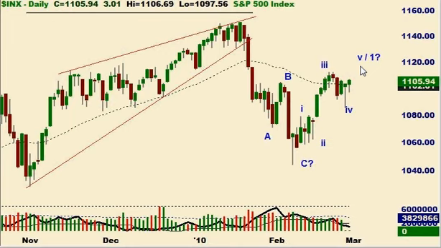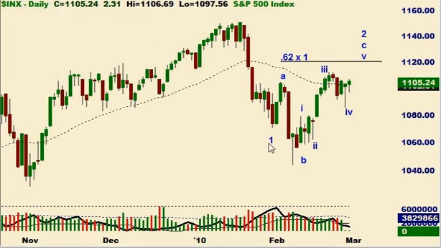And again, there is a different interpretation that is more bearish, but certainly you have to respect the possibility that this is what it looks like: an ABC correction with an impulse off of that. If that's the case, we should see a rally to the 1120, 1130 area, and then a decline that holds above the February lows, and perhaps coming back to the 1060, 1080 area, and then off to a third wave to the upside. The real tell will be in the next decline, but let's take a quick look at